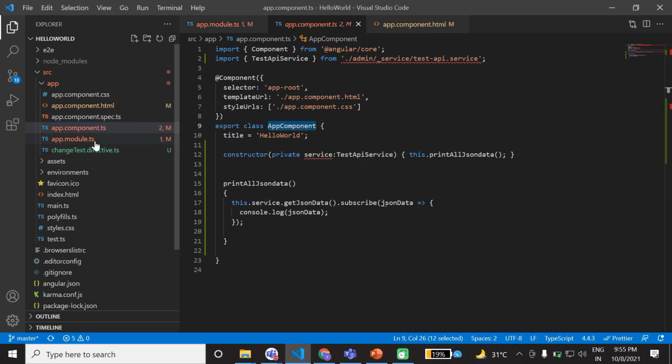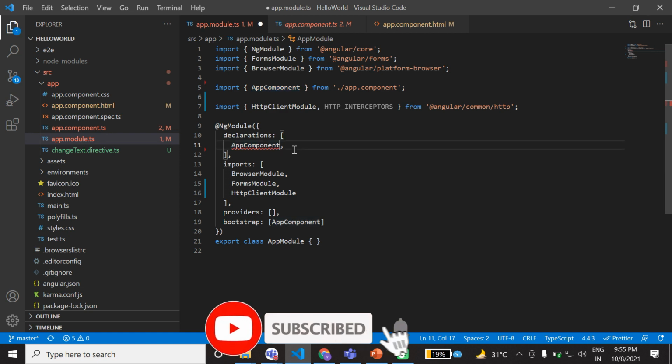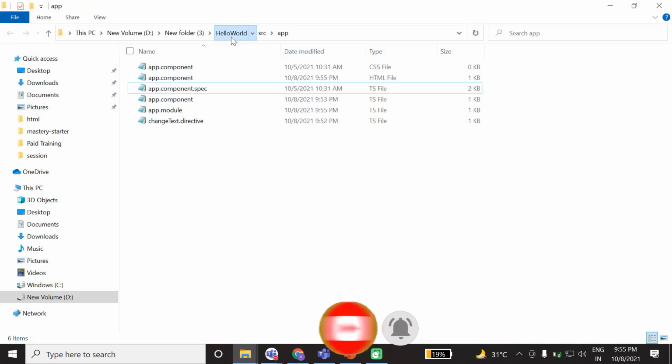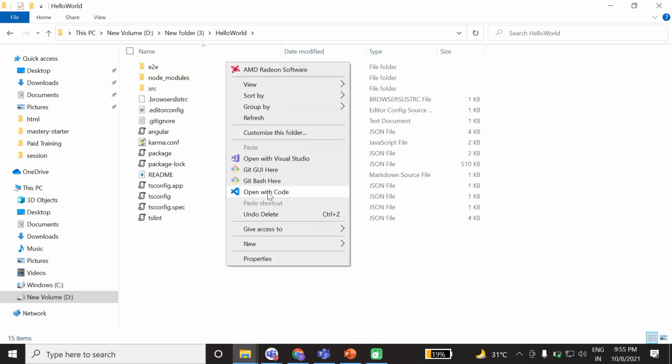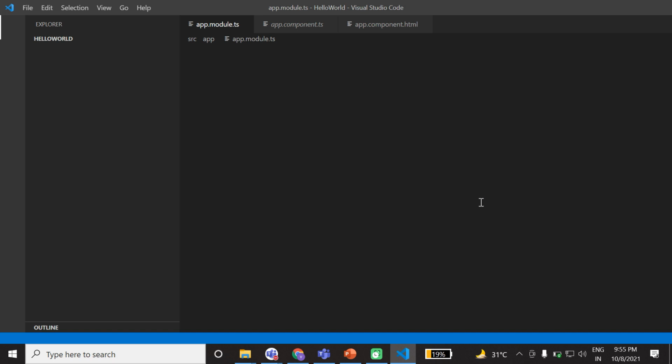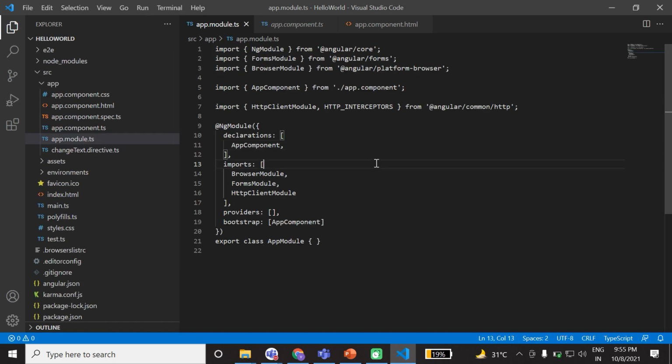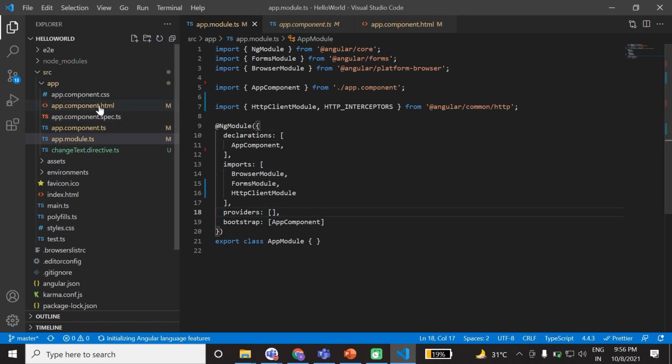This is the app component. I need to restart it again because I deleted things abruptly. Now I don't see any kind of error.